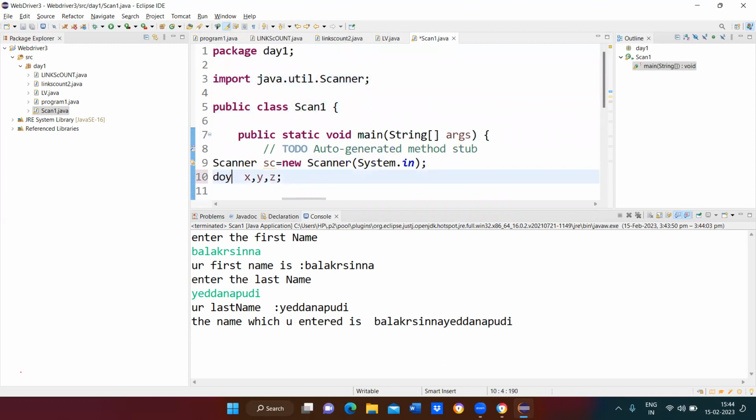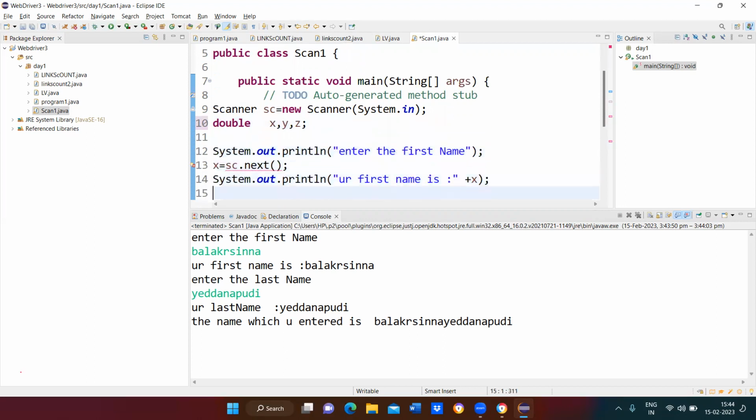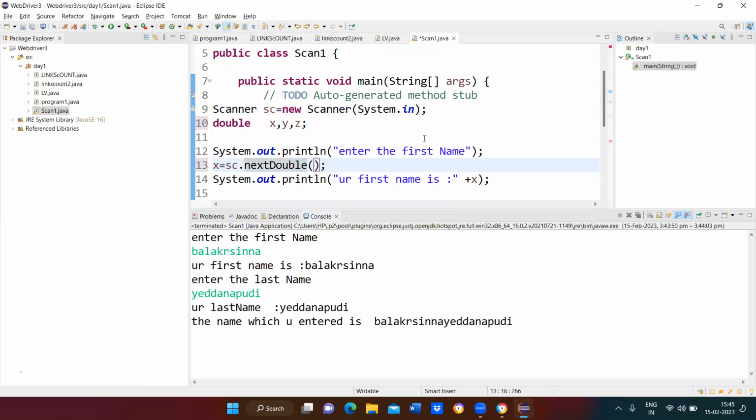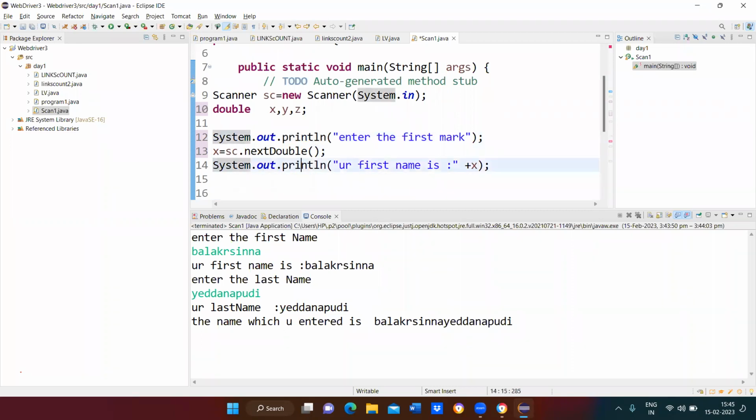So double. Now here, instead of next, what we can do? nextDouble. Dot nextDouble. Next, enter the first value. First mark. Enter your first mark. So your first mark is